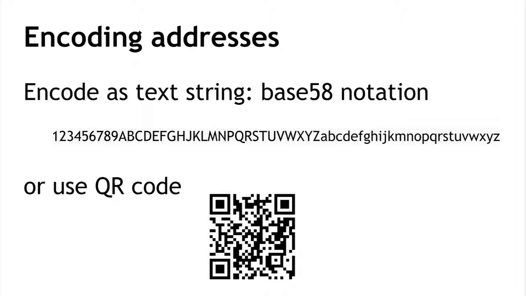So as a text string, what we do is we take the bits of the key and we encode it as a number in base 58 notation, and then we use these 58 characters to encode the digits in our base 58 notation. So what this is basically is it's all of the digits and capital letters